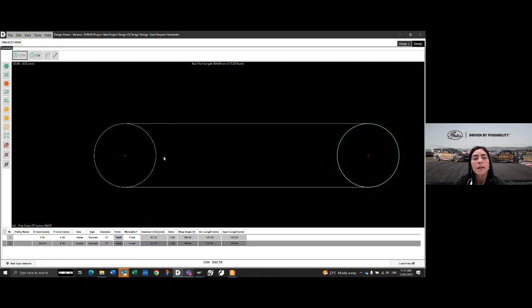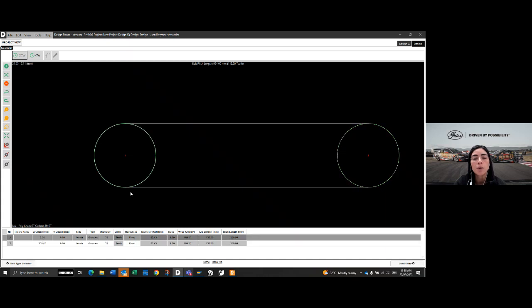So in that case, you have just 2 points drive. If you see when the pulley is in green, it means that you are working on that one. So if you select this one here, you can add, edit, or amend calculations in this pulley. To make it more clear, you can also